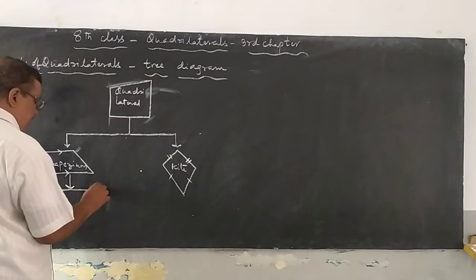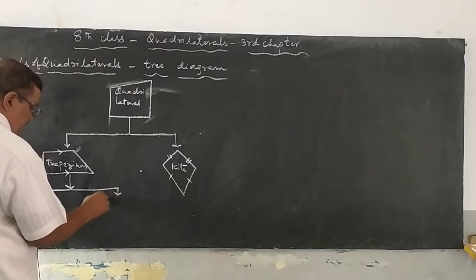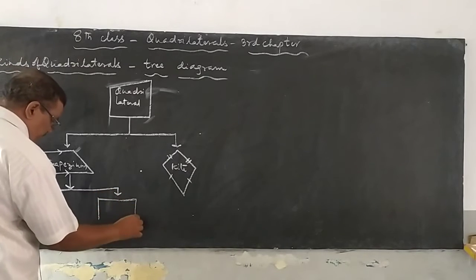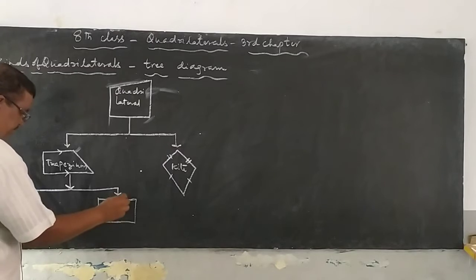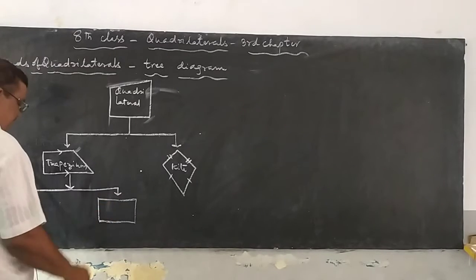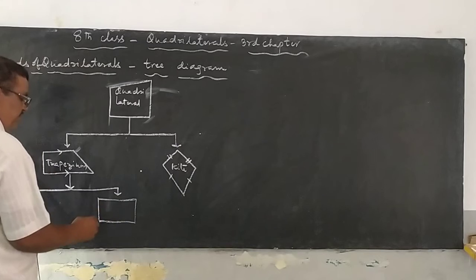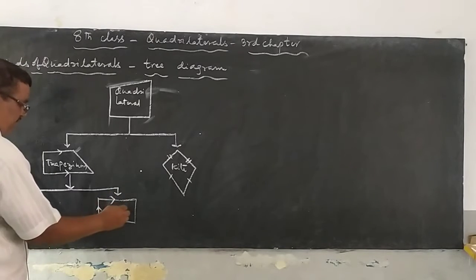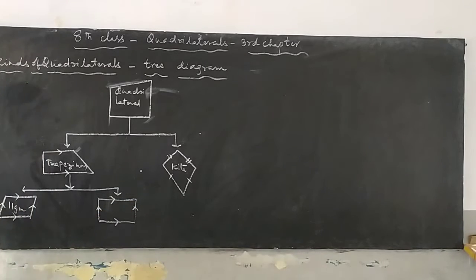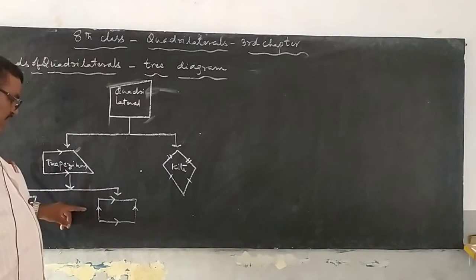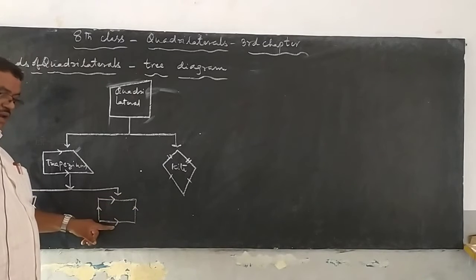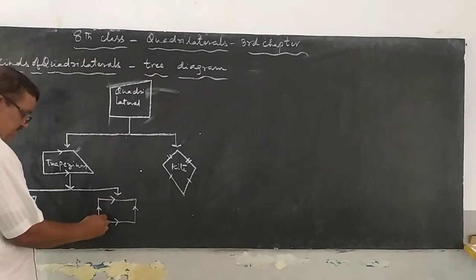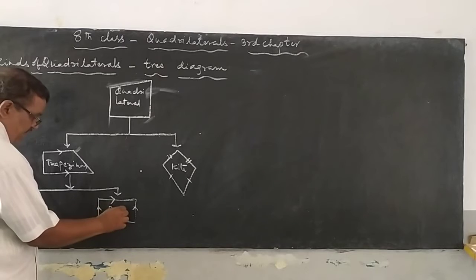When we segregate this one another way, we get another diagram, that is rectangle. Both pairs of opposite sides are parallel and equal. But a quadrilateral in which both pairs of opposite sides are parallel and one of the angles is 90 degrees, that should be a what one? Rectangle.